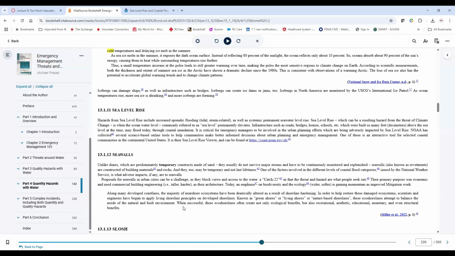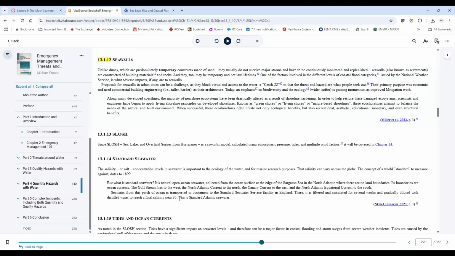Always challenges. But I've seen some projects in New Jersey that have taken shells and put them into metal baskets and then built these seawalls, or they've sunk old subway cars to build seawalls. Lots of things are possible, and it just takes a level of imagination to figure out how to do this and still maintain the biodiversity and the ecology.